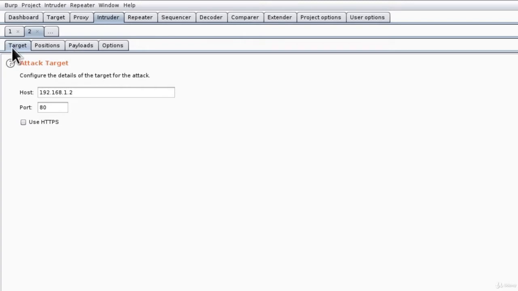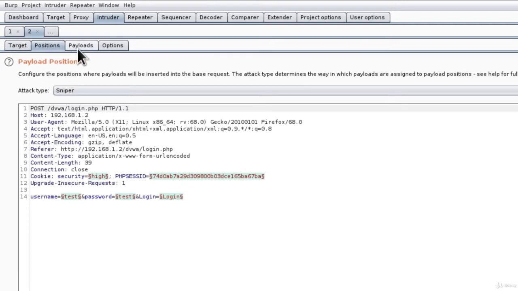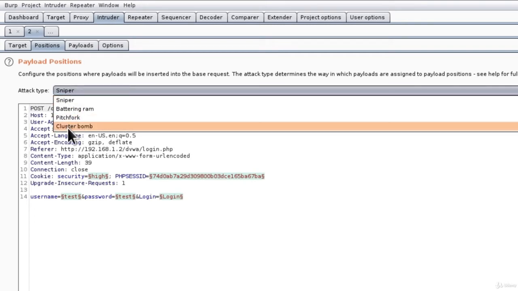Under the target tab, there is nothing that we want to change. Let us just move on to the positions tab. In the positions tab, you will see the request that we just sent, and some of the fields are already selected. You will also see this attack type bar up here. The first thing that we want to change is the attack type, from sniper to cluster